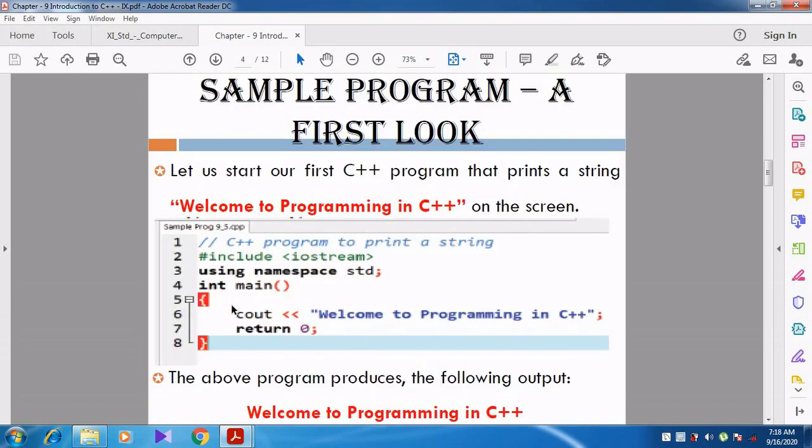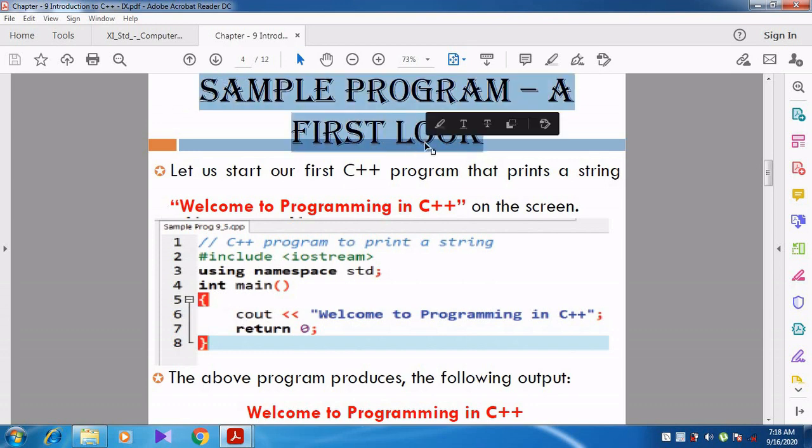In this video we are going to discuss chapter 9, Introduction to C++. Now we are going to take a first look at a sample C++ program. Let us take a sample C++ program and discuss what lines are involved in that sample program, why we want to use those lines, and what the purpose of those lines is.